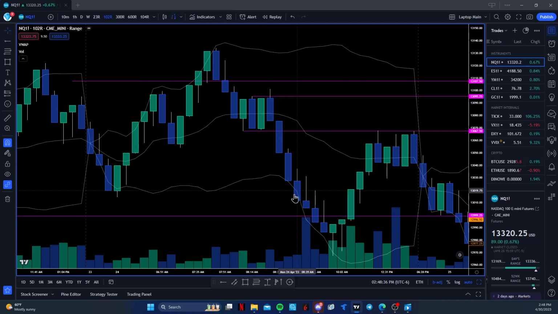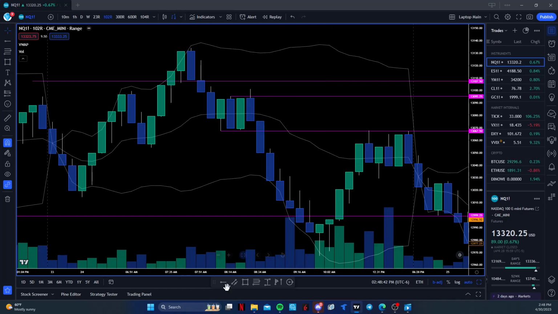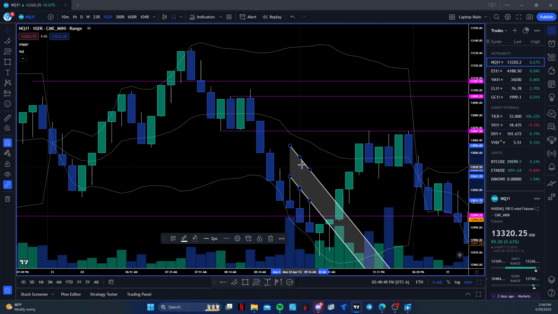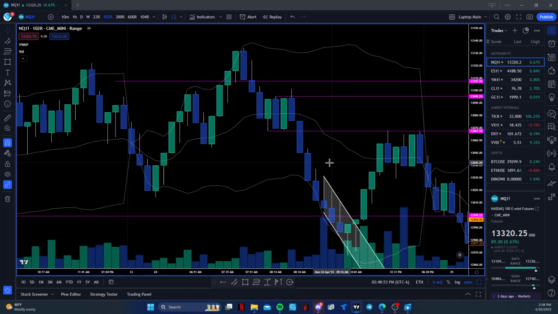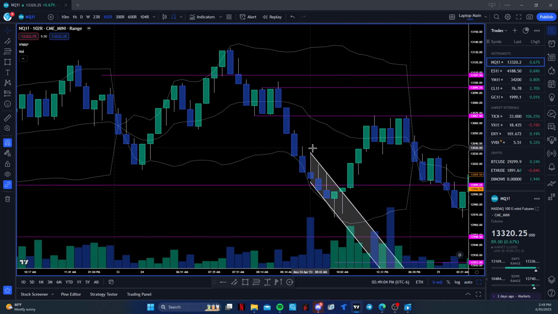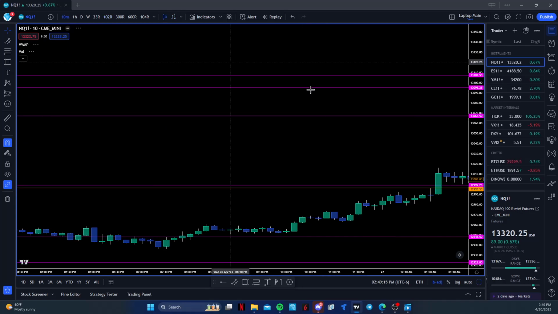So notice you have these blue bars, and then you start getting these wicks. So this is indicative of a channel forming, right? So you got this channel. And what we kind of know is that if a channel is in the direction of the trend, you want to look for signs of a reversal because this is showing that buyers are in control. This is not like uncontrolled selling. So this is buyers letting it systematically kind of bleed down, and then look for a volume signal at the low to take long for a reversal. So that's another tip. If you get a channel that's in the direction of the trend,